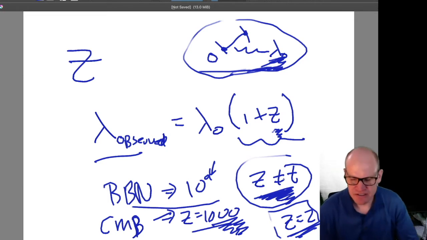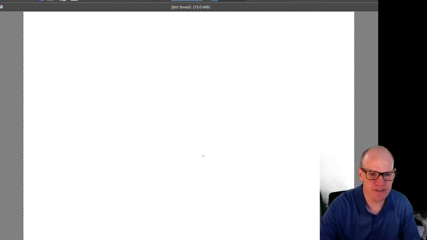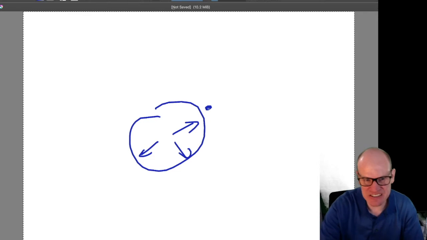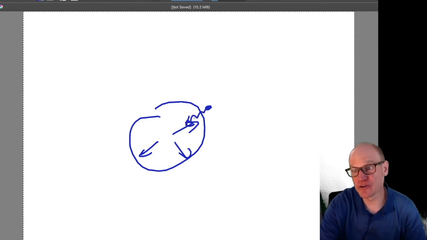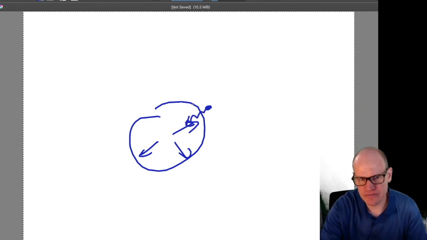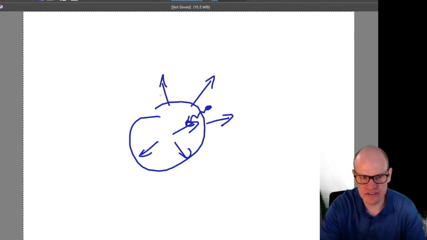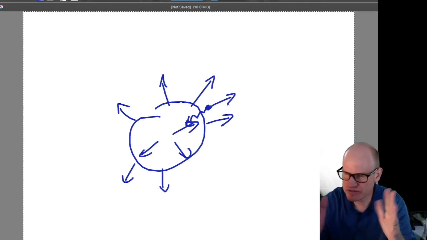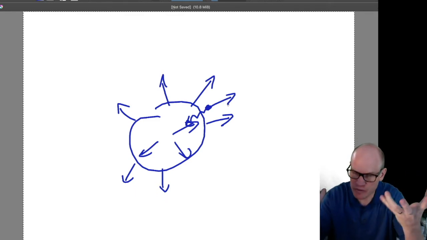So here's the universe expanding, and we have some object out here. And the question is, is this light ever going to reach us? Well, it turns out, no, not anymore. Because the universe is actually accelerating in its expansion, which was not known until just over 20 years ago, there are objects out here that are being pulled away from us. They're not moving through space away from us. Their space is expanding and pulling them with it.